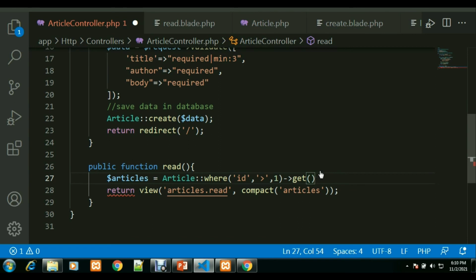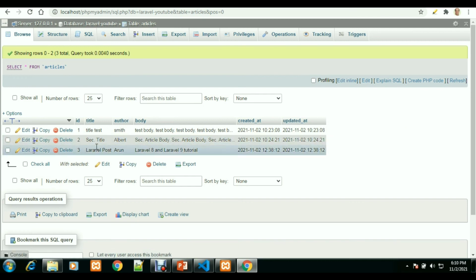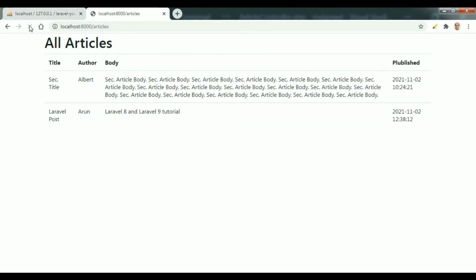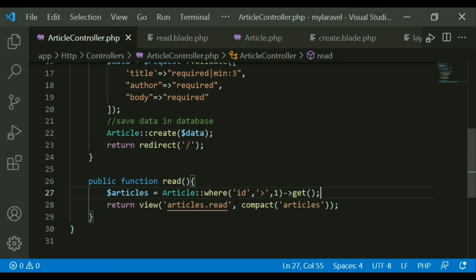Okay, like this. Let's try to run this program again, because right now I have the second and third title in the Laravel post. It should display these 2 records only. Go to the browser and refresh it. And you see the second and third displaying, it is leaving the first one. It is not displaying the first one because of the condition I have given here. So whenever you want to give some condition to your query statement, at that time you have to use the get method to execute the query.